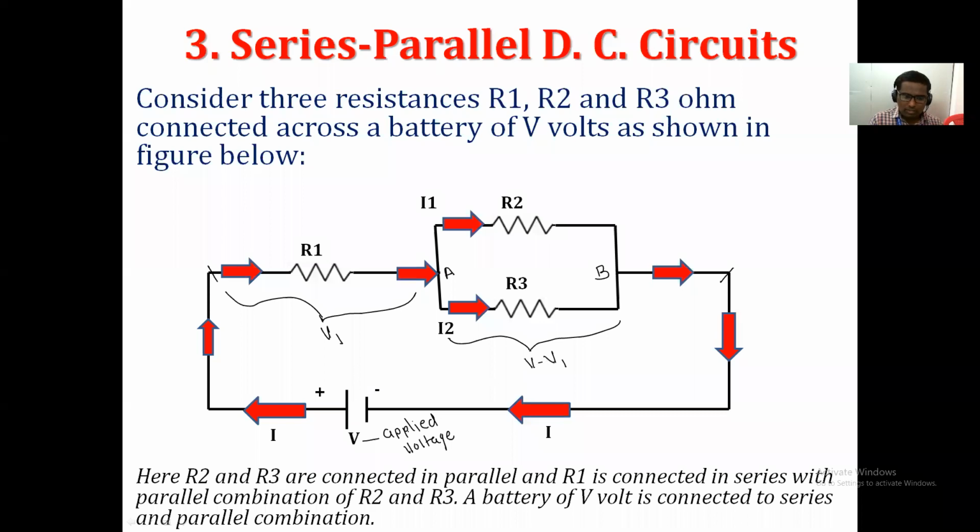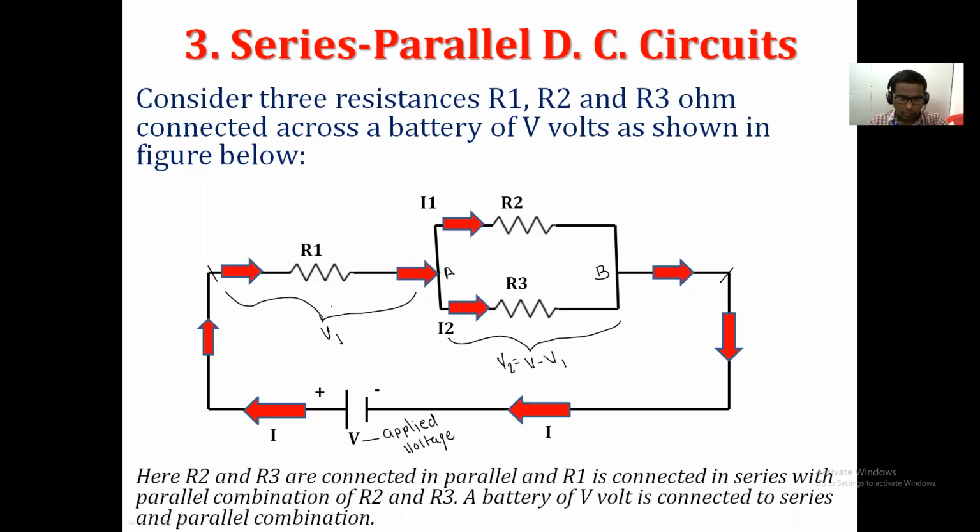That's why, because this is a parallel combination and we know that the voltage across a parallel combination is the same. Definitely you can say it's V2, but how can you calculate that V2? You can calculate it using the formula: total voltage minus the voltage drop across resistor R1. In this way, we can apply the series and parallel circuit rule to any electrical circuit. Get my point?